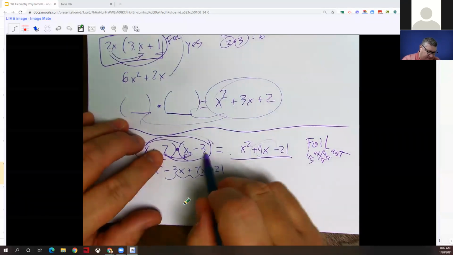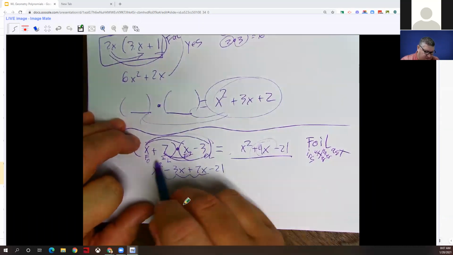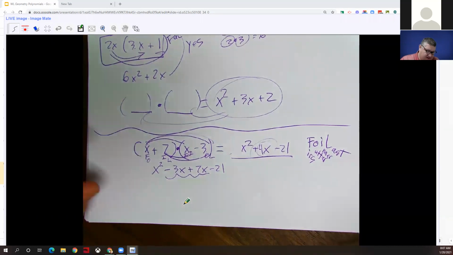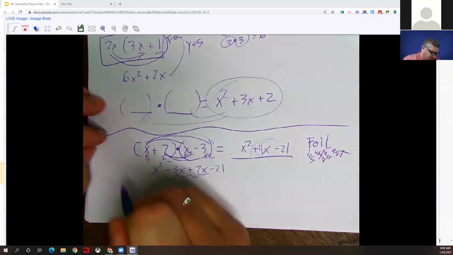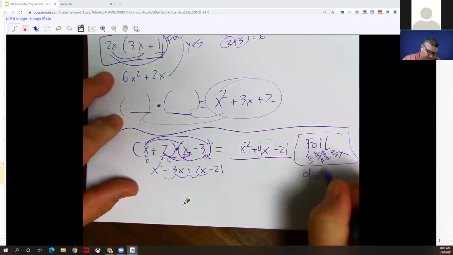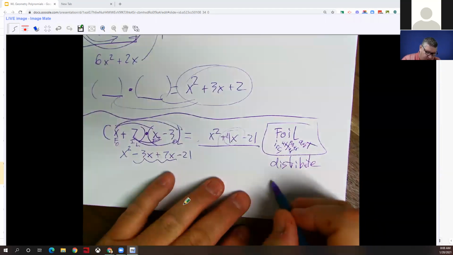And last times last. FOIL. All right, so first times first, outer times outer, inner times inner, last times last. Now, that's one way to think of it. What we've been doing is we've not been using FOIL, we've just been using distribute,